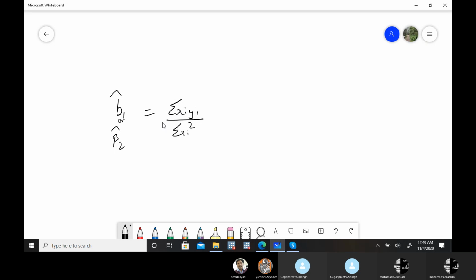And to put it in the form of linearity, generally they use this term: beta 2 hat is equal to summation ki yi. Now ki here generally they take as xi upon summation xi square. But actually,